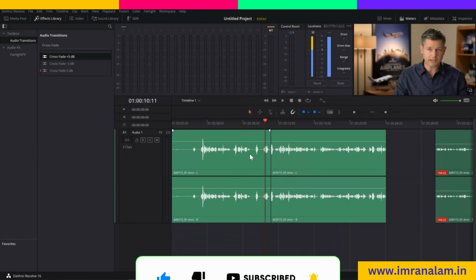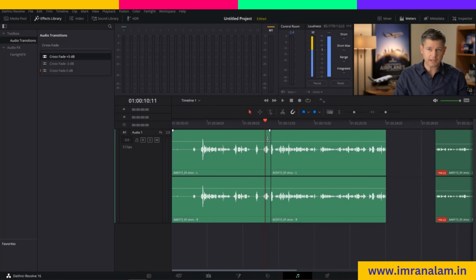Okay, so right now if I play this clip from here, you can see the clip is changing from one clip to another. So if I play this now, you will hear that the change is very harsh. So how can we make this change a little bit smoother? What we'll do is we will add a crossfade